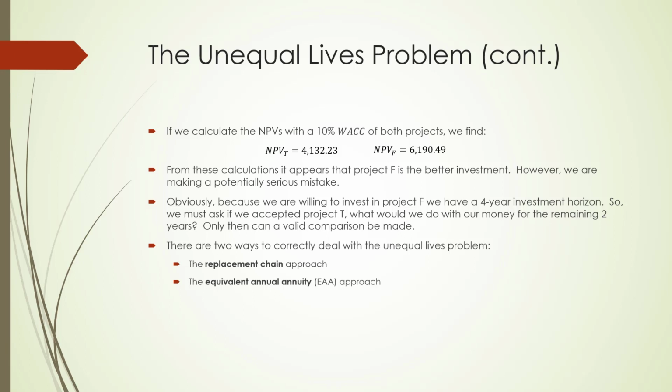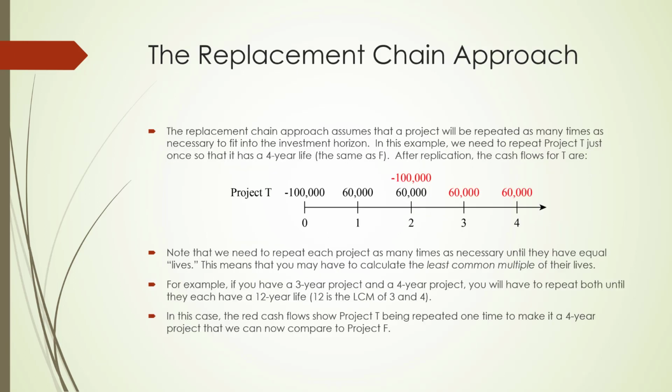But essentially, we have 2 ways of dealing with this. We could use the replacement chain approach or the equivalent annual annuity approach. So with the replacement chain approach, what we do is we simply repeat each project as many times as necessary until they both have the same life. So in this case, Project T was a 2-year project and F was a 4-year project. So if we do T once and then repeat it,